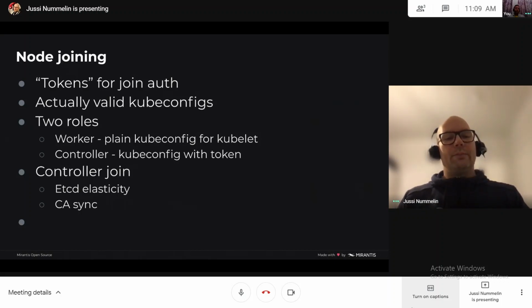If we are using etcd as the data store for the control plane, then we also have to reconfigure etcd to have new members in the cluster and whatnot. So that's also handled dynamically by k0s.